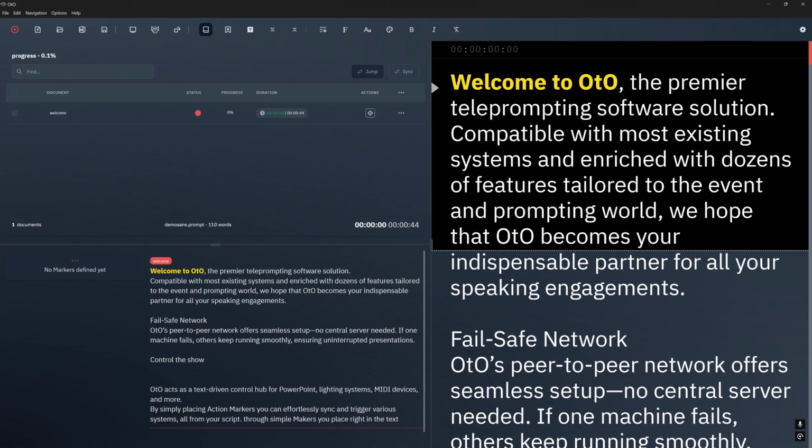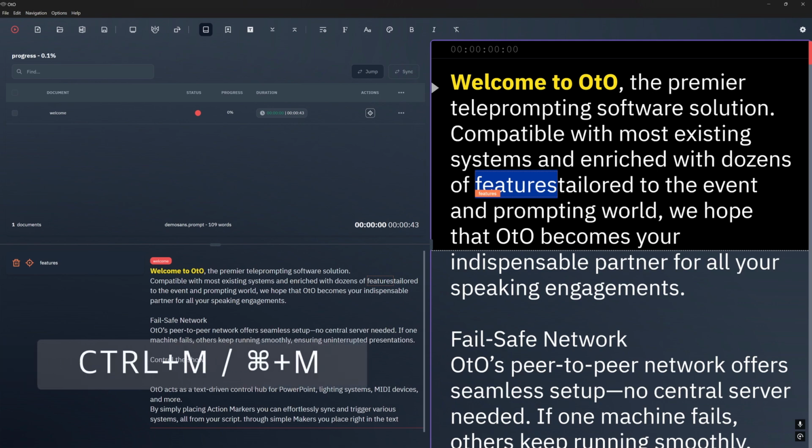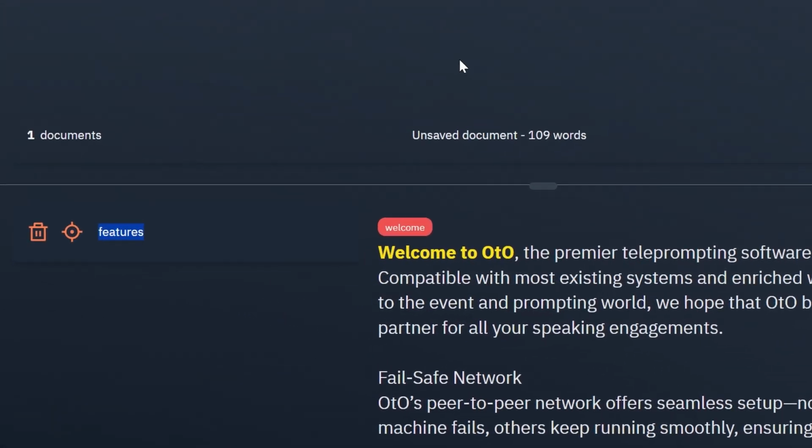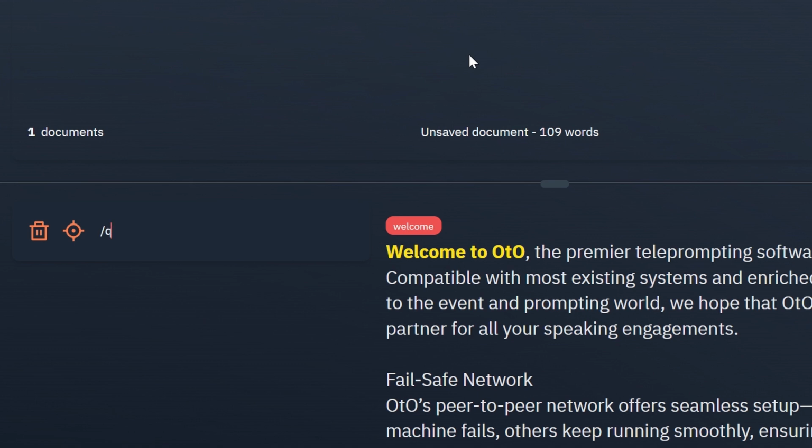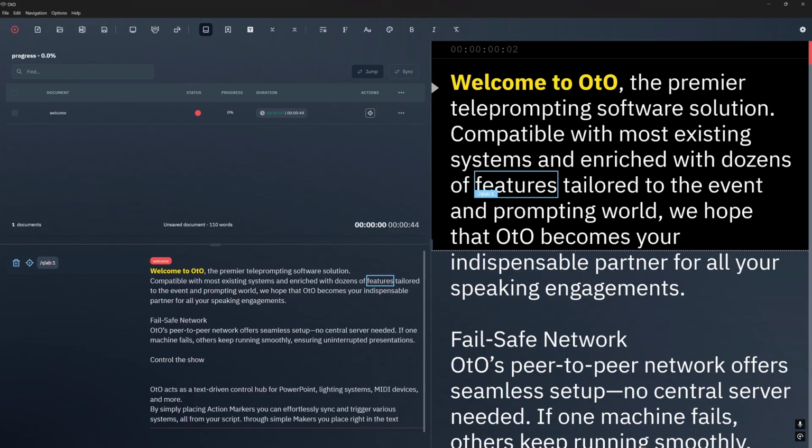Select a word and press Ctrl-M on PC or Command-M on Mac. Let's rename the marker using the action marker /command syntax. I'll enter /QLab, which is the name of the command group I just created, followed by a colon, followed by the QLab sound ID. This sound ID is what actually replaces the placeholder between the curly braces. In QLab, I named the sounds 1 and 2, so if I just want to play sound number 1, I'll simply enter 1. Let's test this right away. Right-click to test and choose Trigger Marker.